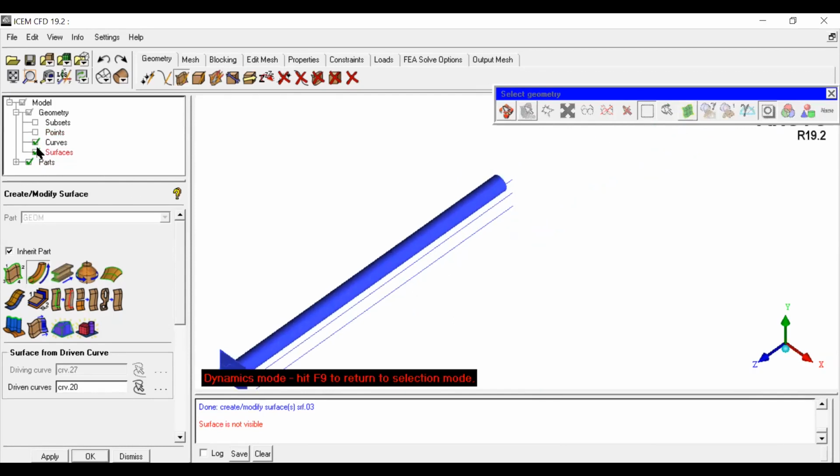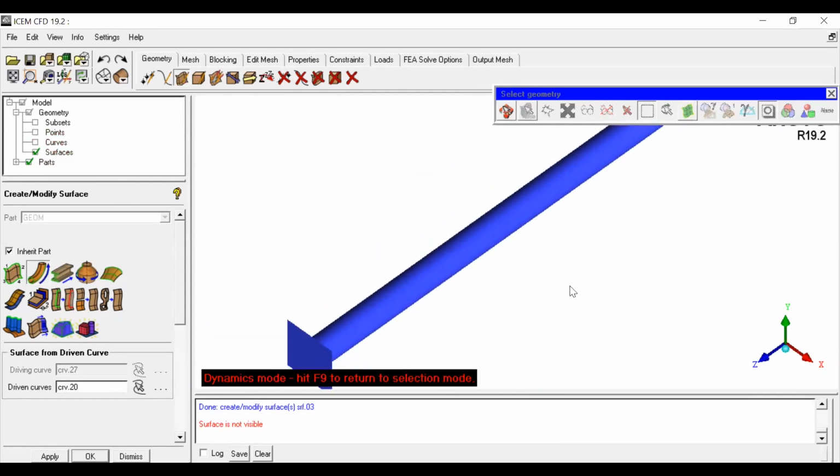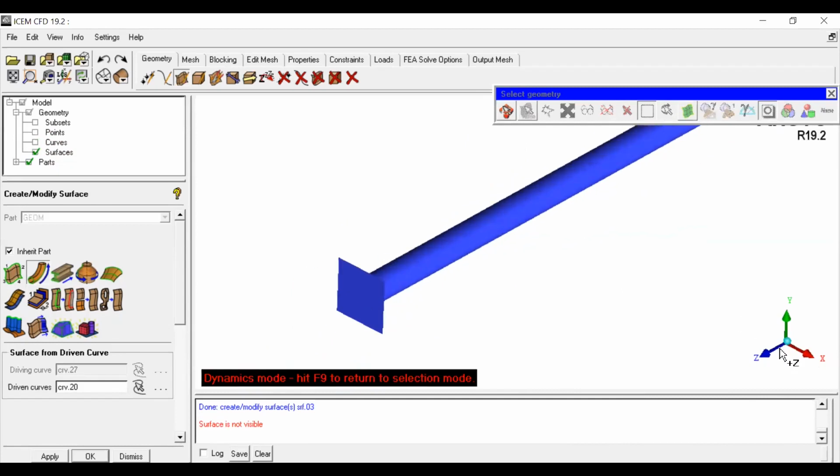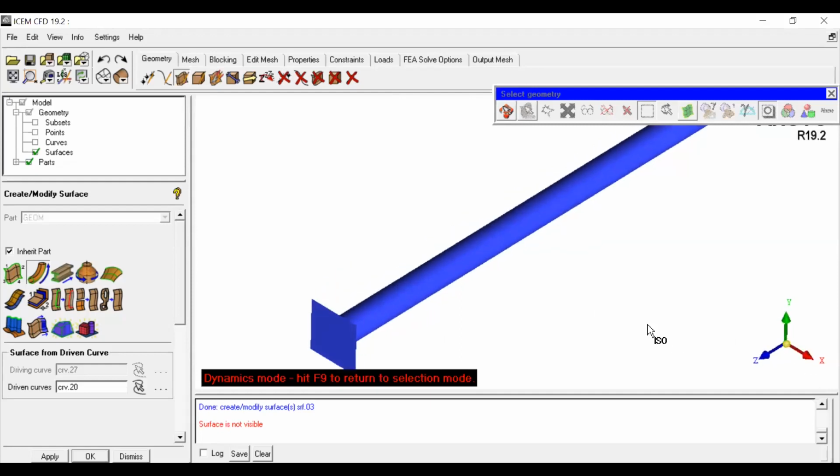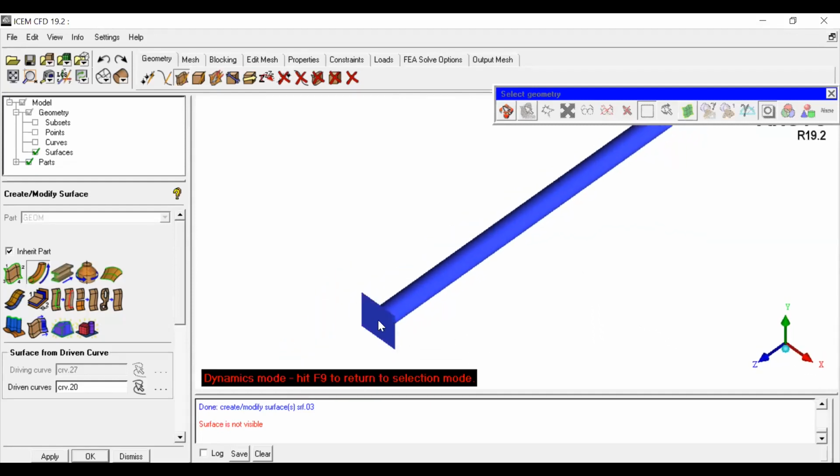If you untick the points and the curves, you can visualize only the surface. But remember, the front surface has both a square and a circle, right? In our computational domain, let's say the pipe receives some fluid and the other square portion is a solid part.